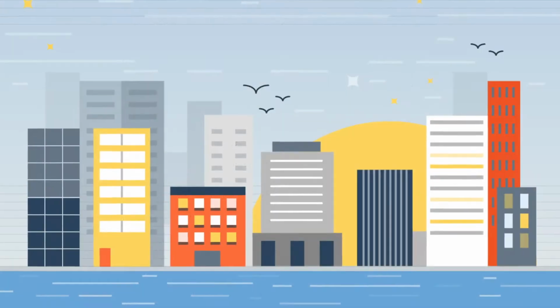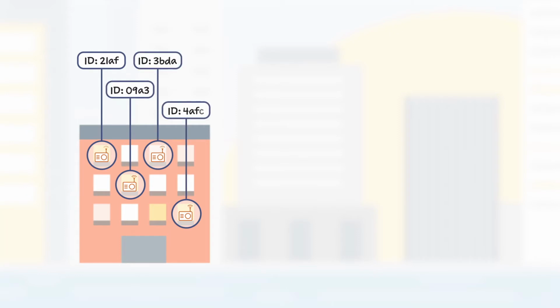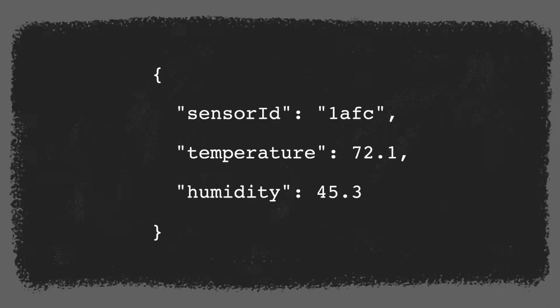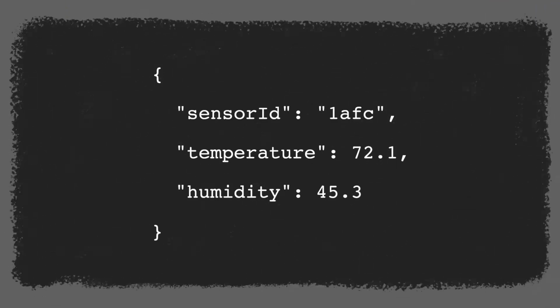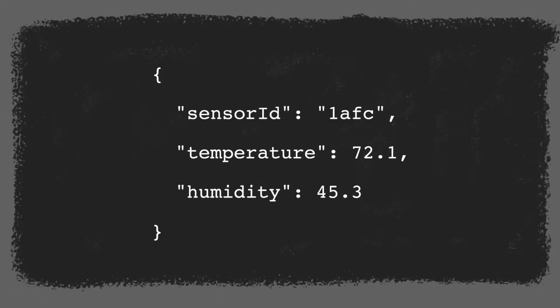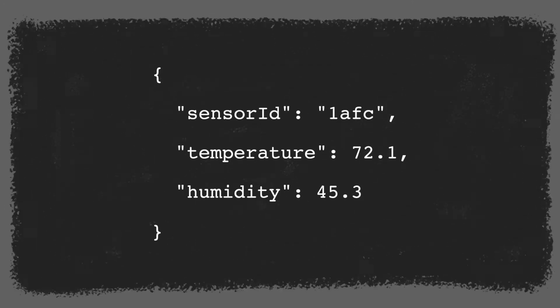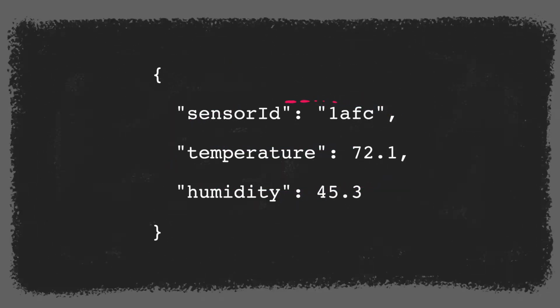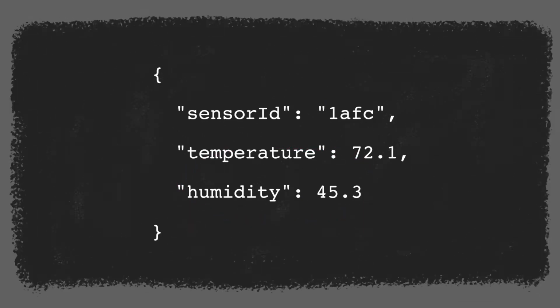Imagine I'm building an IoT application that receives data from connected temperature sensors scattered around a building. Each sensor has a unique ID and reports temperature and humidity periodically over a mesh network. These messages are routed to a server which stores them for further processing. I'm writing the server-side Node.js application that receives each sensor message as a JavaScript object. Each of these objects contains key value pairs describing the unique ID of the sensor that created the message, the temperature in Fahrenheit, and the relative humidity.